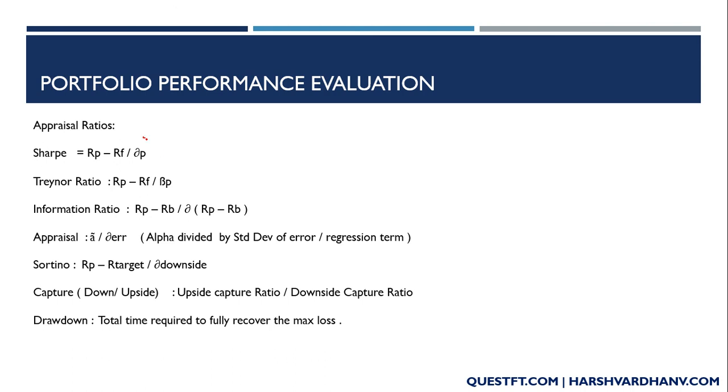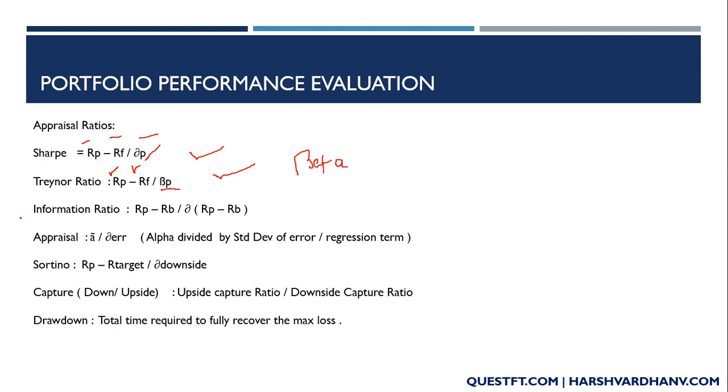We come to the last thing, the appraisal ratio. Appraisal ratio is basically to understand how a fund manager is performing. This is quite repetitive from level 1 and level 2, so I'm not covering the Sharpe ratio and the Treynor ratio in detail, just an introduction. Sharpe ratio is portfolio return minus risk-free return upon the standard deviation of the portfolio. Treynor ratio is again RP minus RF in the numerator, but in the denominator you have the beta of the portfolio.